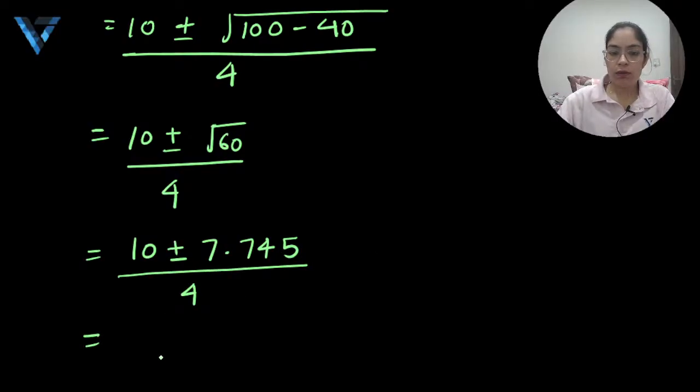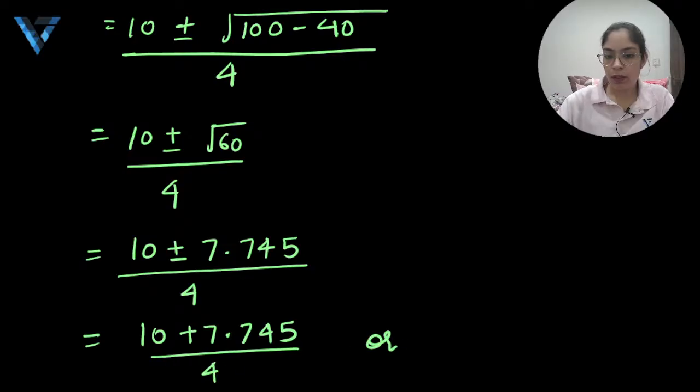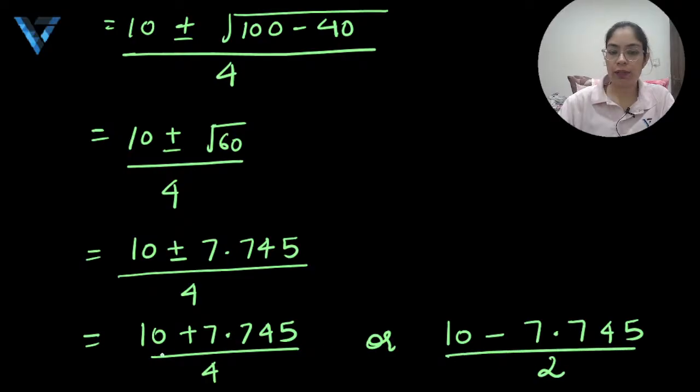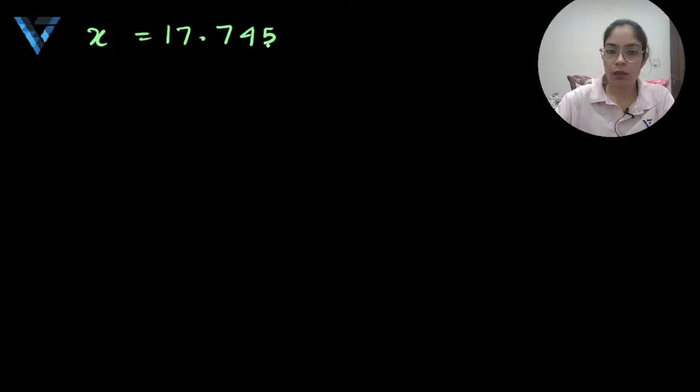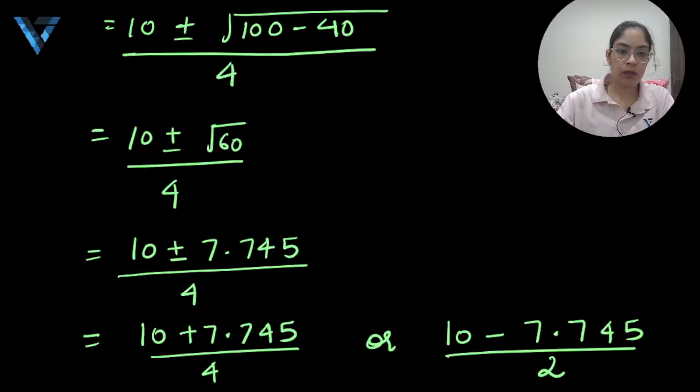So this is equal to 10 plus 7.745 by 4, or 10 minus 7.745 by 4. So I have told you all the values you have to write. When you add here, it's 10 plus 7, so you will get 17 point, so x is equal to 10 plus 7.745, that's 17.745 by 4,